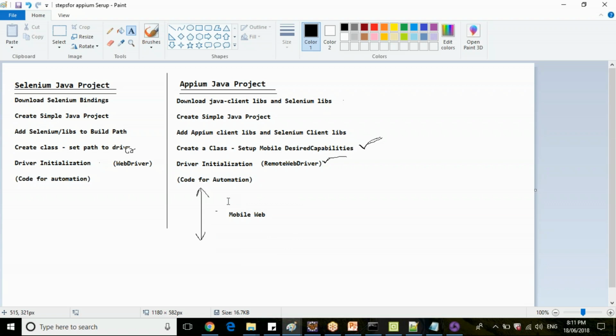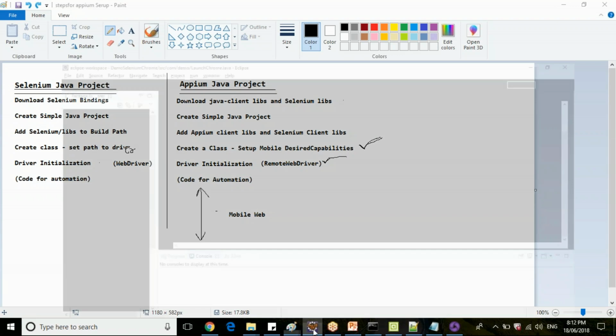So just pay attention, as if you are aware of Selenium, if you are independent to download Selenium, configure Selenium, write this code, it is a cakewalk for you to work with APM. Okay. So if you understood these 6 steps, the Selenium 6 steps here, the APM is nothing. It's just 2 lines of code which is coming extra in your Selenium class. So let's see how to set up this APM code now in Eclipse.